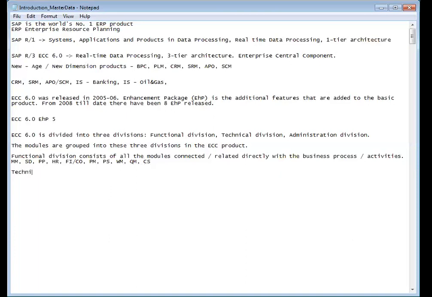Okay. The technical division consists of all the modules related to programming. Basically here we talk about two particular products, two particular modules. ABAP is one and BO is another one. ABAP is basically the programming module for the basic product, which is again a mandatory requirement for any type of installation. Now coming to the administration division,